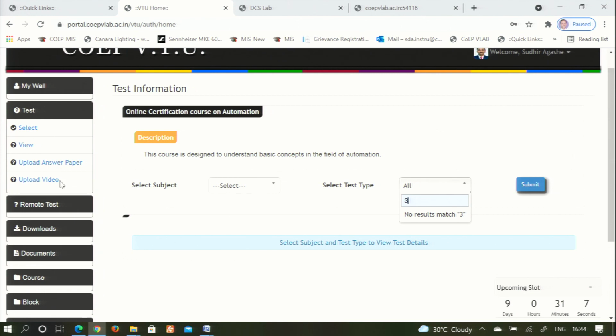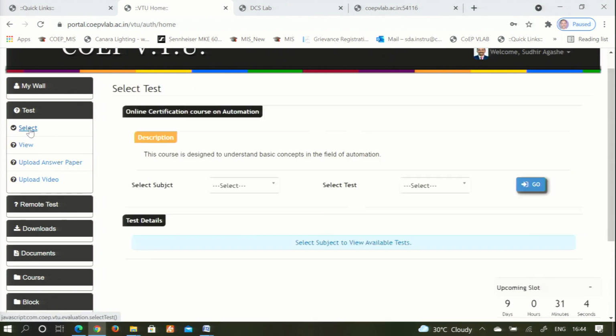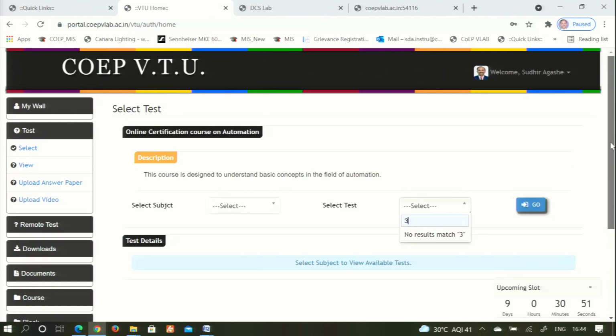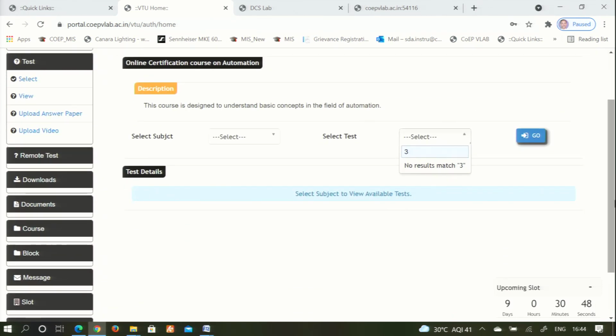A student can upload the answer sheet, he can view what is happening here and which course is there, how much time is there, which test is for me, and then he can select a test and appear for a test. So, the evaluation becomes very, very important, and that evaluation is based on the time available for a teacher. A teacher can be admin here. We normally give access to those teachers who are interested in using this facility. So, he can upload his question and ask the student that if you have performed the experiment, you conduct this or carry out this test and upload your answer sheet,